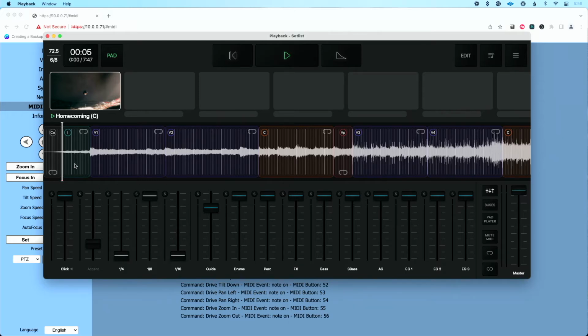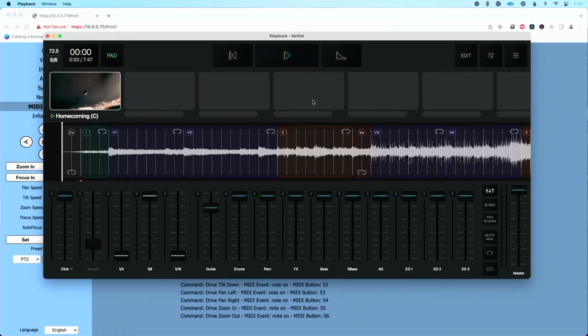You can see this little arrow. Let's see if we can move away from it. You can see that little MIDI note that's happening there. Now, before I press play, I want to mention one thing that's super important to check. Because we're using the IAC driver for Playback from Mac, it's important that we make sure we haven't set up a MIDI feedback loop, where we're basically sending a MIDI note out that's then in turn triggering and controlling Playback. So what you want to check before you go through this process is